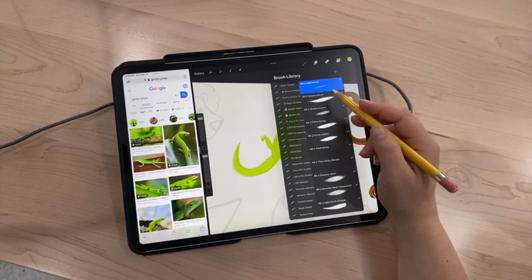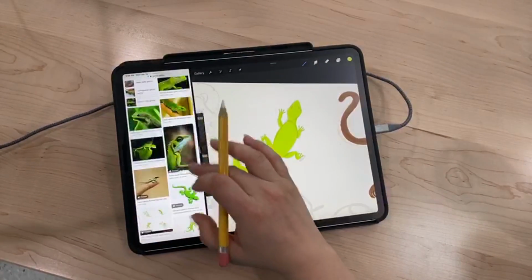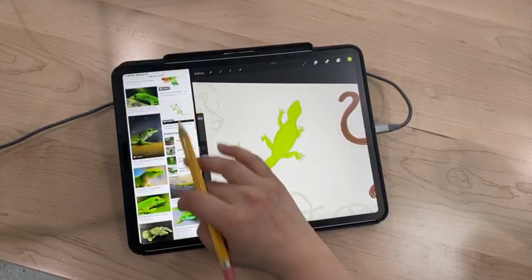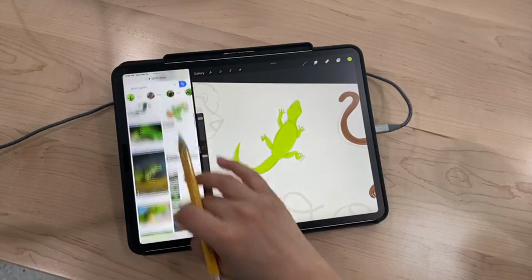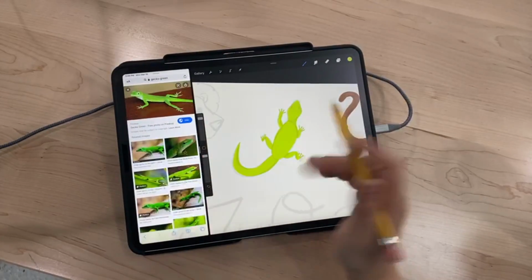What was it doing? I don't know. Looking at it for color. Trying to get a picture of them on their back, but I don't know. All right, well,